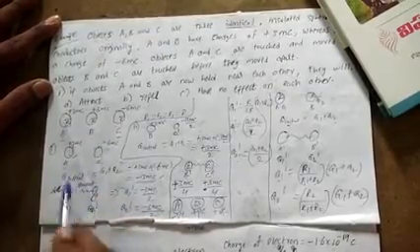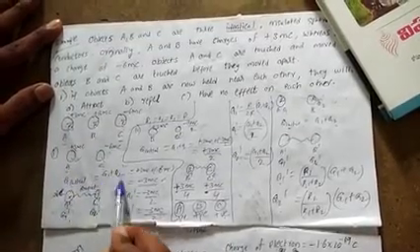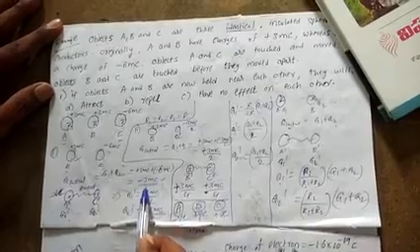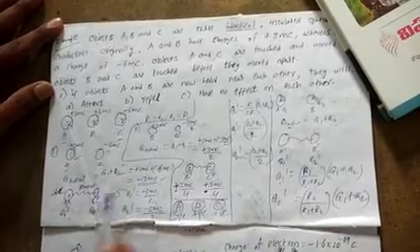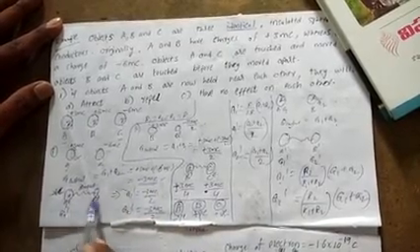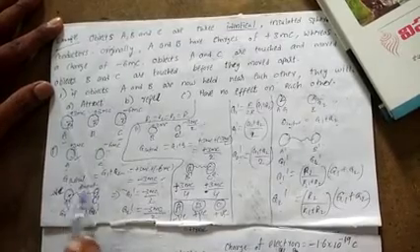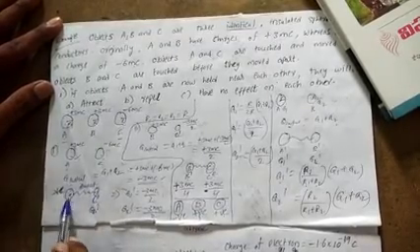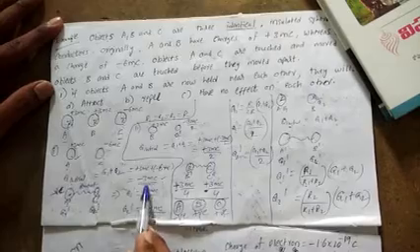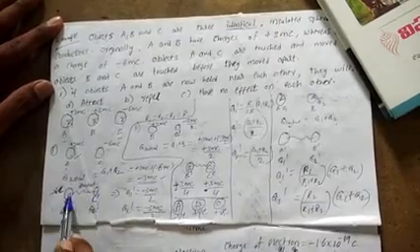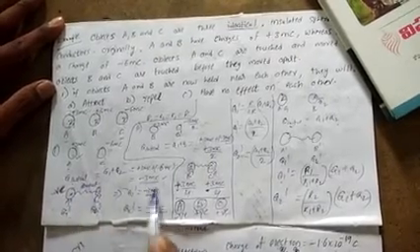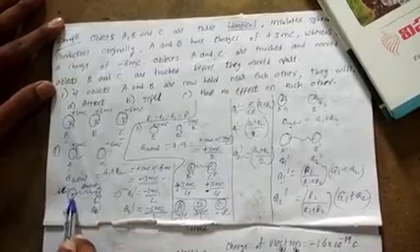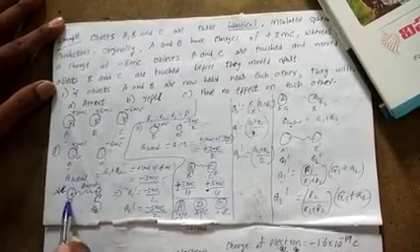What is the total charge of these two bodies? So Q1 plus Q2, we already know about that. How much is it? Minus 3 microcoulomb. After touching, what happens? The charge gets equally distributed. So how much charge is going to be distributed from A to C or C to A? From C to A and A to C, it is equally distributed.